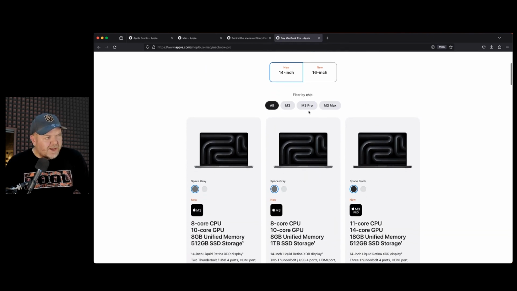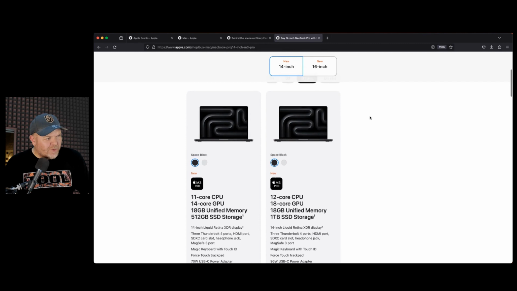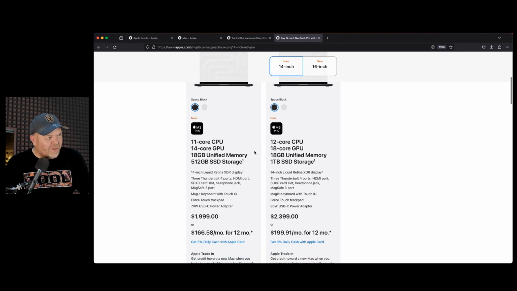So you got the 3 selections. You got the M3, the M3 Pro, or the M3 Max chip. The M3 is good, but to me, not more good enough than the MacBook Air to justify. So I would go the M3 Pro. If I'm buying one for me right now, I'd go the M3 Pro. Now, I think that the 18 gigabytes of unified memory and the 512 gigabytes of storage is okay, but this one here, the second option, which has 12-core CPU, 18-core GPU, 18 gigs of memory, and